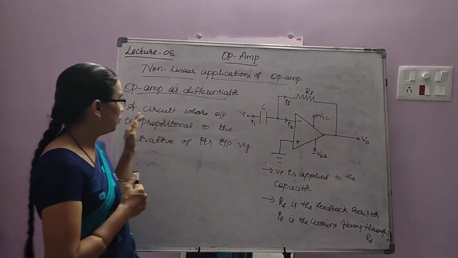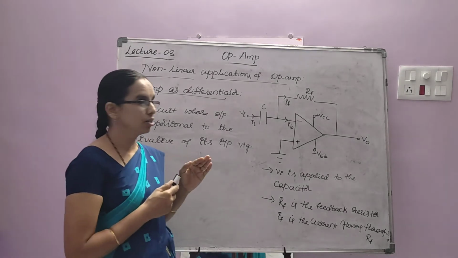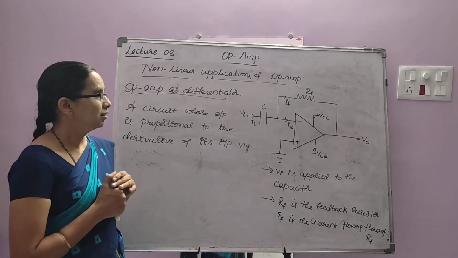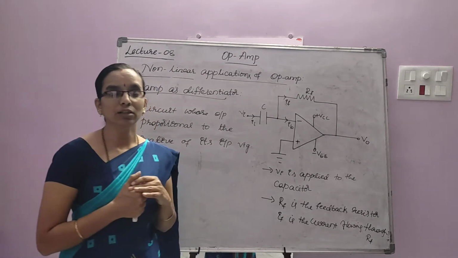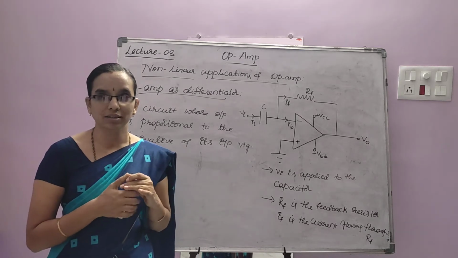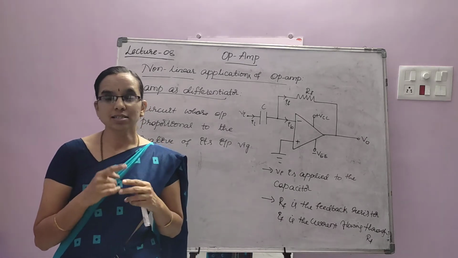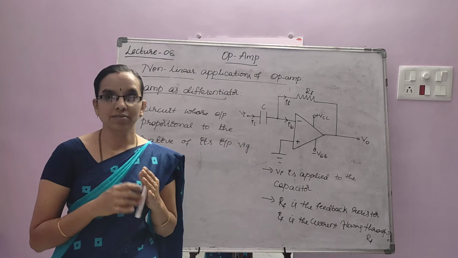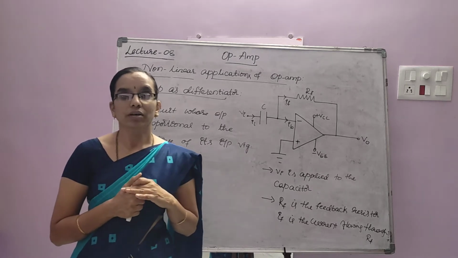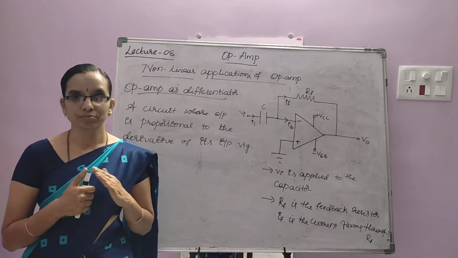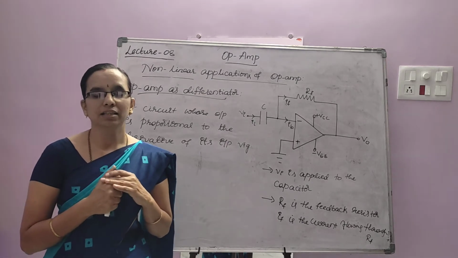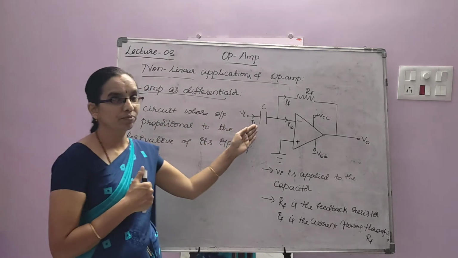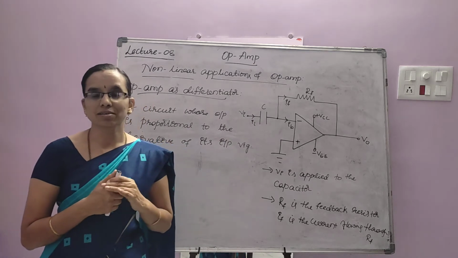Here in the op-amp differentiator or integrator circuit, we are going to use the reactive element, that is the capacitor. So obviously the AC flowing through the resistor and capacitor is different. Resistors will be acting the same for AC and DC, whereas the capacitor is not like that. So whenever AC comes into picture, these reactive elements are frequency sensitive. So whenever we use a capacitor in this circuit, the derivation is somewhat different.